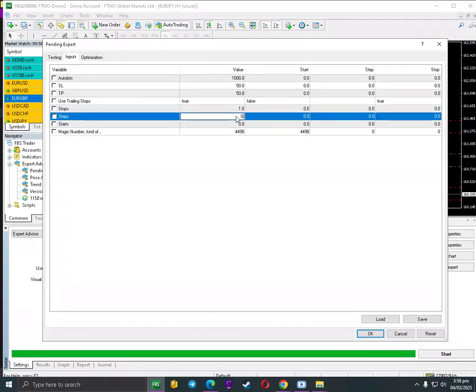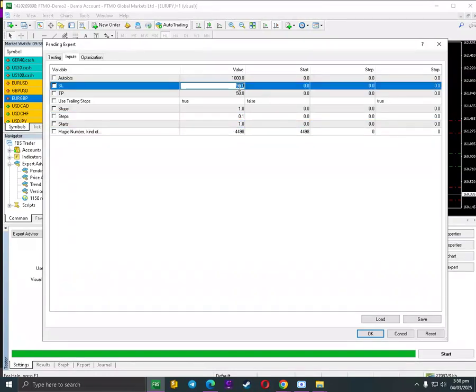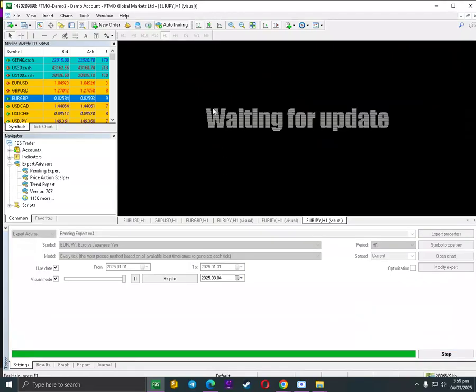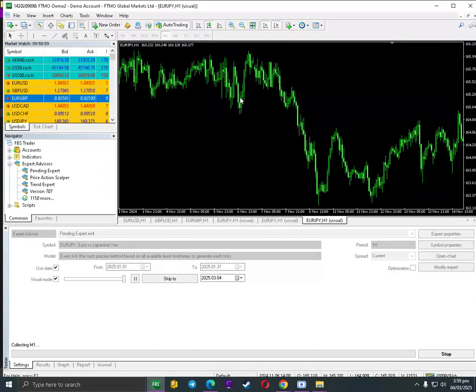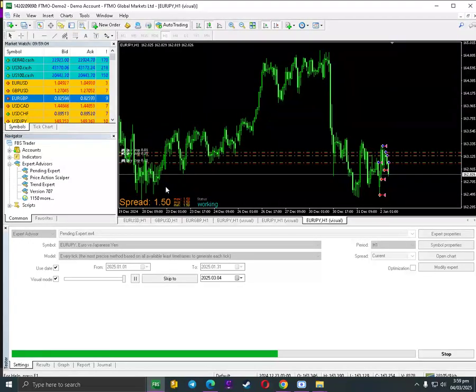But the stop loss will be near also. Let's see, I guess 1, and then the TP will be 0 because we are already using the trailing stop. So this is a very tight stop loss and take profit.